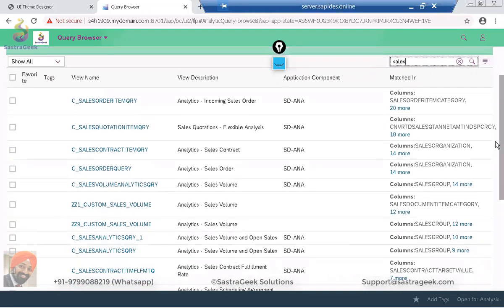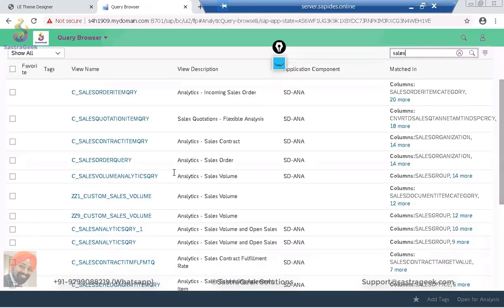Sales contract, sales order, sales volume. Okay, some of the Z queries are also available. Sales volume and open sales. So multiple things are available. So let's say we go ahead into this one. So you can select it here. You can directly jump into the analysis by clicking on this icon at the right below,